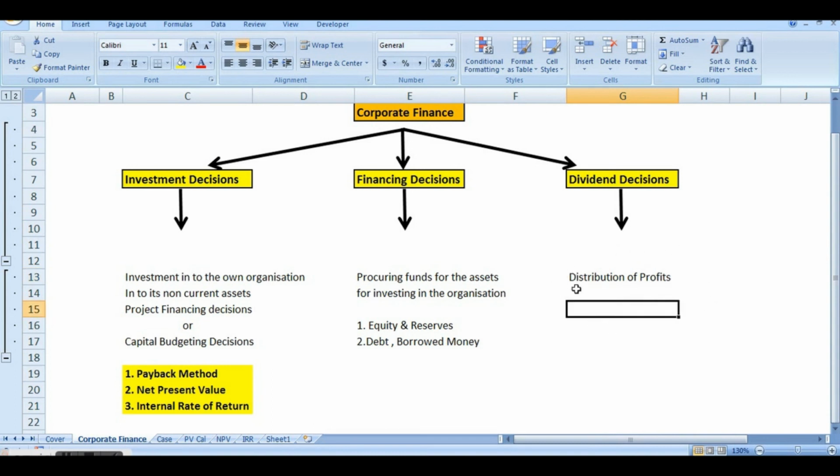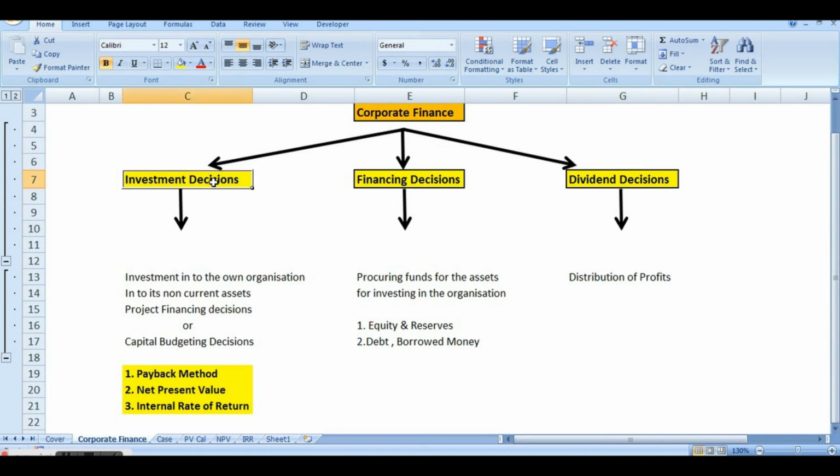How much of the profit should be distributed to the equity shareholders is a decision which also affects the value of the organization. There are lots of cases or examples that you can study related to dividend decisions, showing how organizations use them to control their value, and in many other cases, the dividend decision becomes useful. So this turns out to be the third important decision.